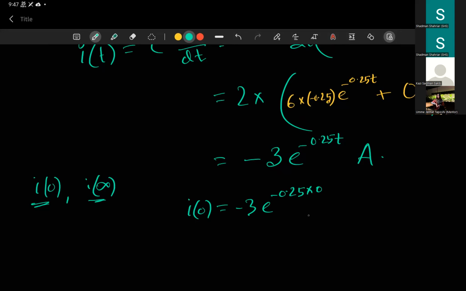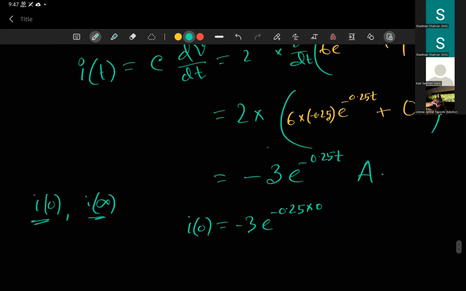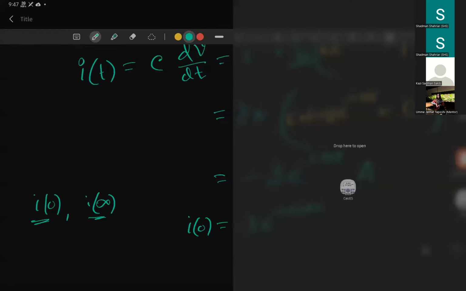If you don't know the value of I0 here, e to the power 0 is 1. You can also use your calculator, okay? You can use the calc button. I don't know if this simulator has the calc button. Yeah, okay, it has. So normal math, I can write -3 times